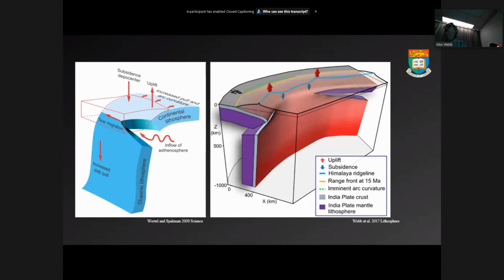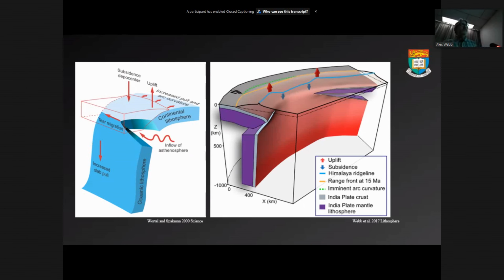So this idea and the basics of how it works is really something where in the Himalaya, we're almost 20 years behind what they were doing in the Mediterranean. So the Utrecht group and some others in the Mediterranean have long recognized similar lateral propagations of slab detachment and the effects on topography, the effects on inflow of asthenosphere and magmatism, and some effects on the shape of the arc. This might actually give you Himalayan arc curvature.